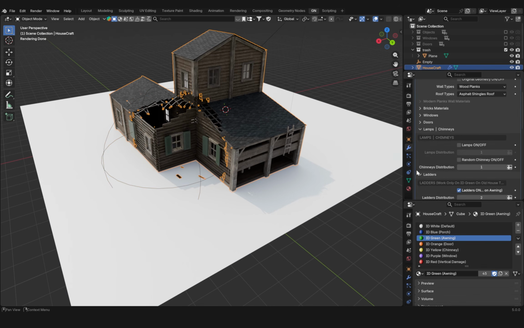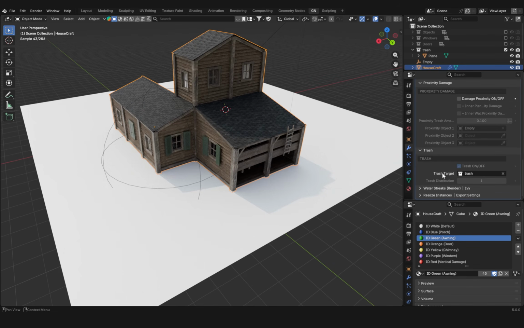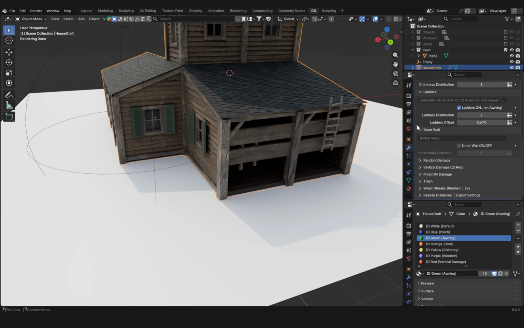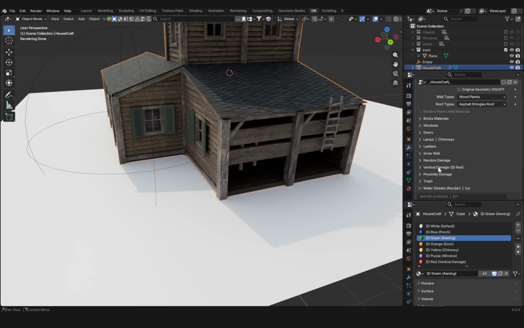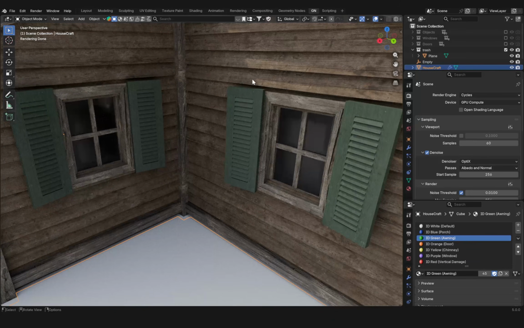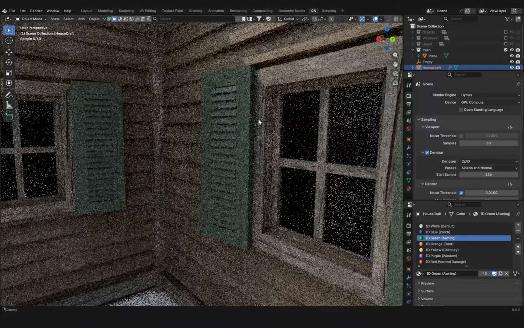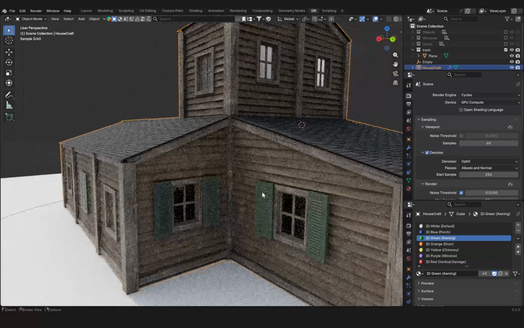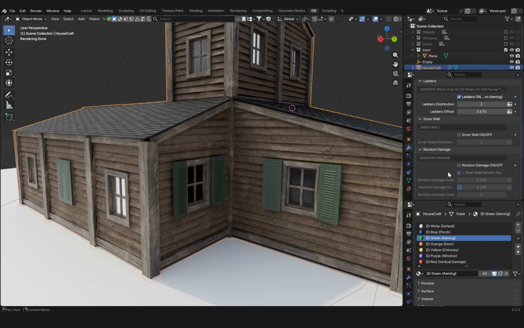Now let's turn that off. Select this building, turn off proximity damage. Okay, so then we have this option, just closing these tabs. We have water streaks. Now if we look at this building, you can see that the walls of the wood is just a plain wood. Okay, so if we go back to our modifiers,